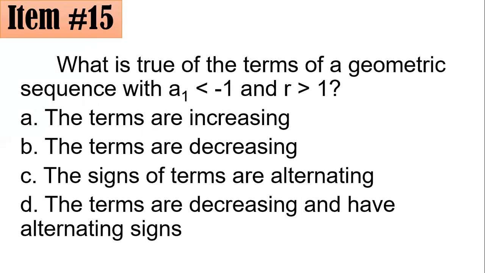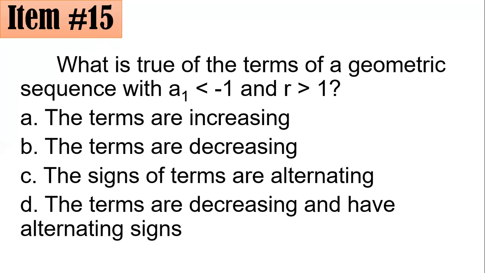What is true of the terms of a geometric sequence with first term less than -1 and the common ratio greater than 1? Is it the terms are increasing, the terms are decreasing, the signs of terms are alternating, or the terms are decreasing and have alternating signs? What do you think is correct? For sure, letter D is wrong. Because if they are alternating in terms of signs, then it becomes smaller, bigger, and vice versa, or the other way around as well. So we have to choose either A, B, or C,